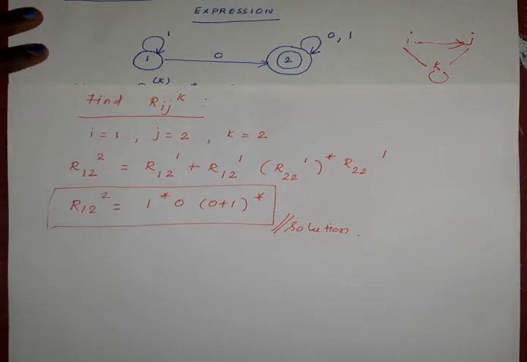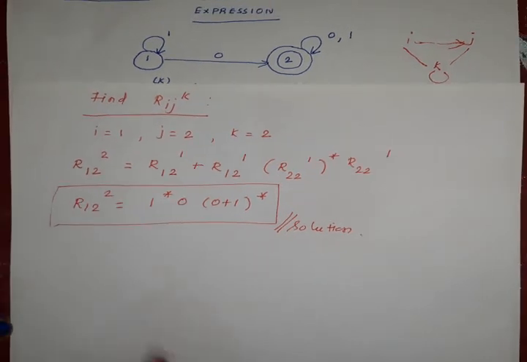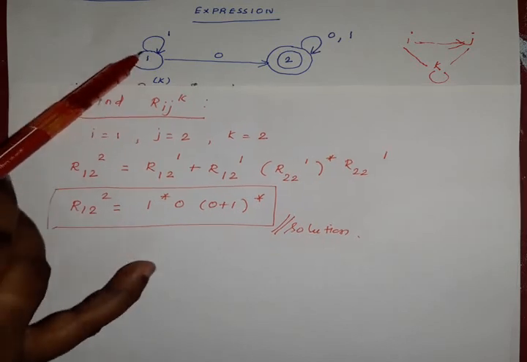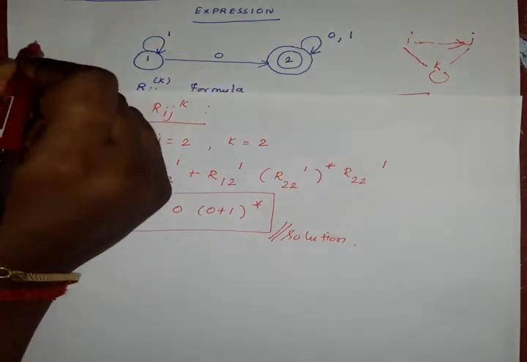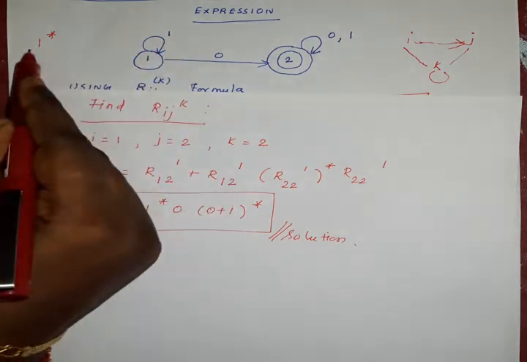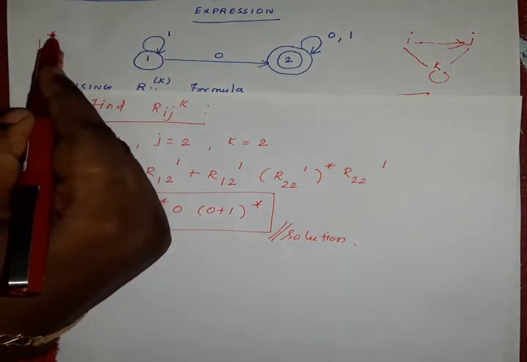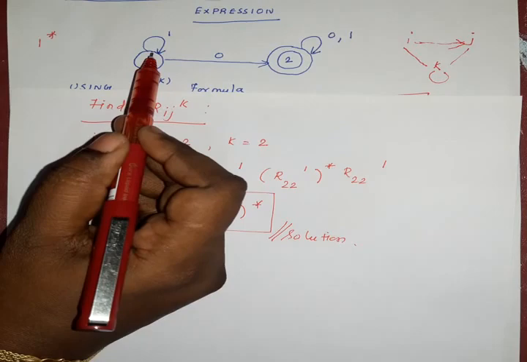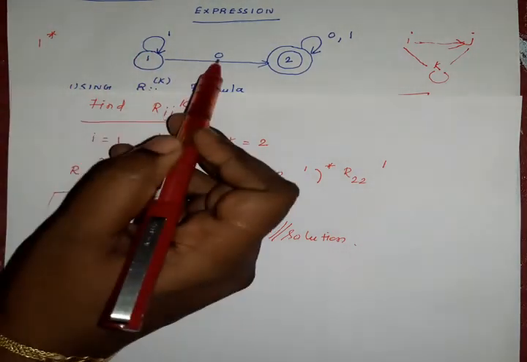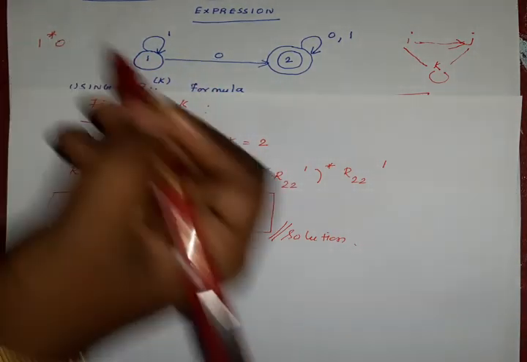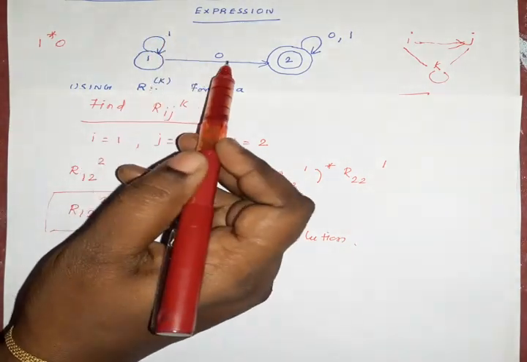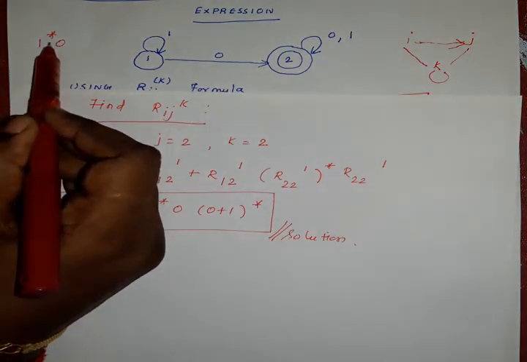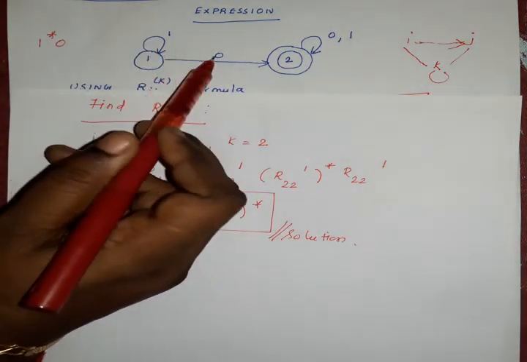See this problem here, we can directly write the regular expression because the initial state gets input 1. So we can write it as 1 star. The input value is 1, and I'm going to write star because it is a self loop, which means 0 or more times. So star. The next value is 0 because it is a concatenation operator. There is no comma between 1 and 0, so there is no plus symbol between 1 star and 0. So it is a concatenation operator. So 1 star, concatenation 0.